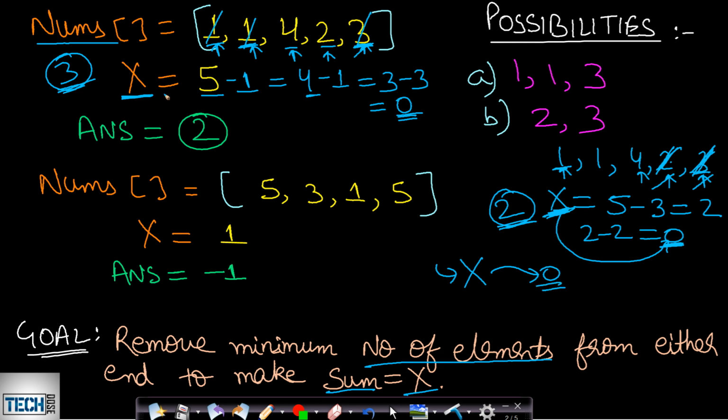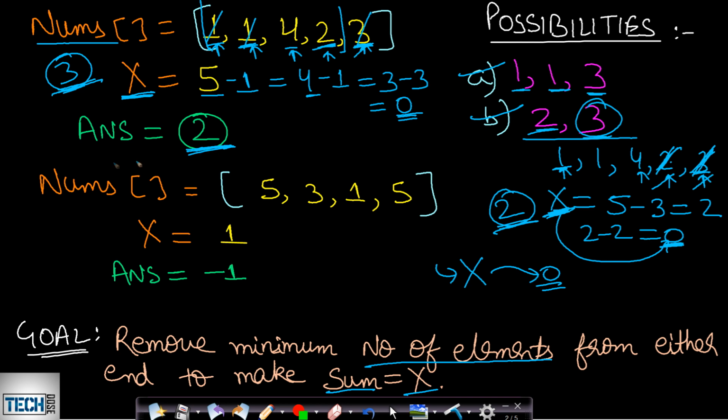So in this case, there are basically 2 possible sequences of length 2 and 3. So the minimum is 2. Therefore, we will be returning 2 as our answer. The first possible sequence: we select 1 and 1 from the left end and then we select 3 from the right end. The other possible sequence: we first select this 3 from the right end, so the array becomes of length 4. Now 2 is coming to the right end, so we can again select 2 and then we can convert this x to 0, right? So this is of minimum length, therefore we will be returning 2 here.